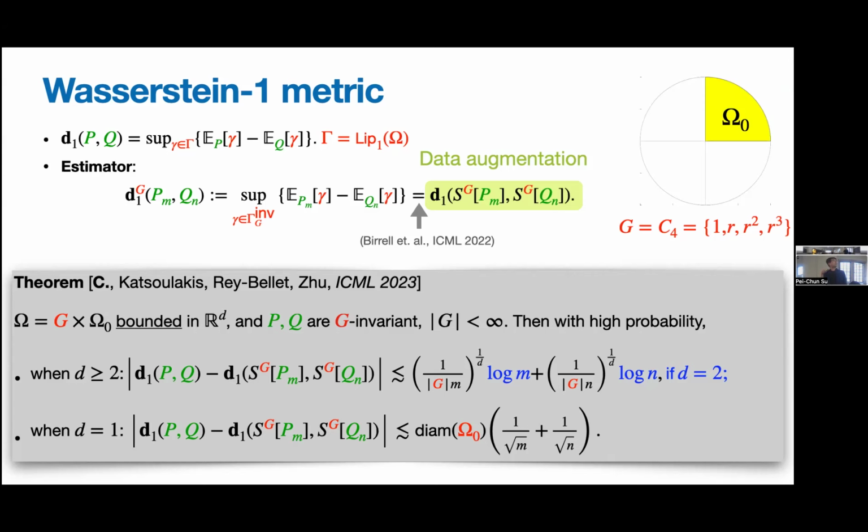Okay, so we provide the result in terms of the divergence estimation. Here we have the real divergence between P and Q, and here is the divergence estimator based on M samples from P and N samples from Q. This is a non-asymptotic result, so this is upper bounded by some quantity like this. In the simplest case where we have a finite group, you have a gain that is a factor of the group size in front of M and N.